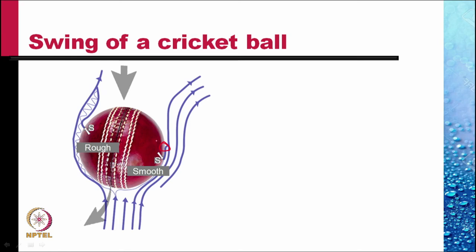However, on the left side, the air has to pass around this roughness element. The seam provides roughness elements. And because of this, the boundary layer becomes turbulent. And once the boundary layer becomes turbulent, the separation point is shifted backwards. This results in an asymmetric flow